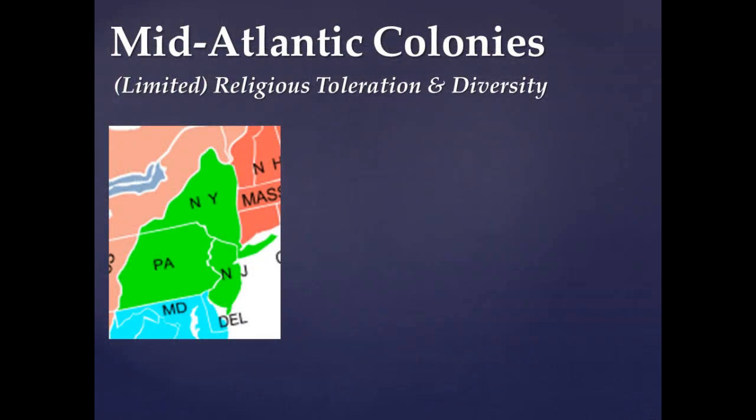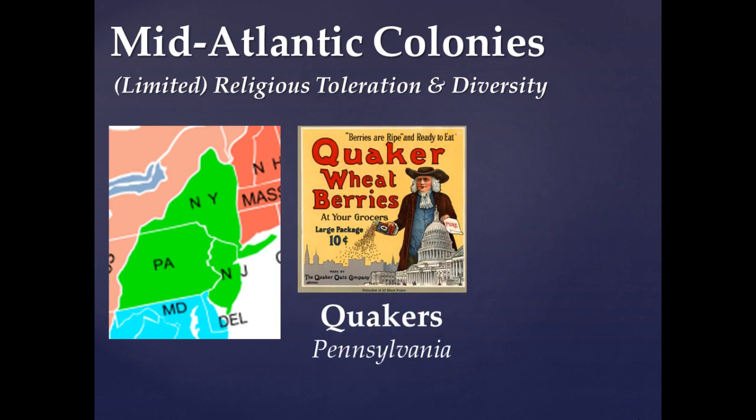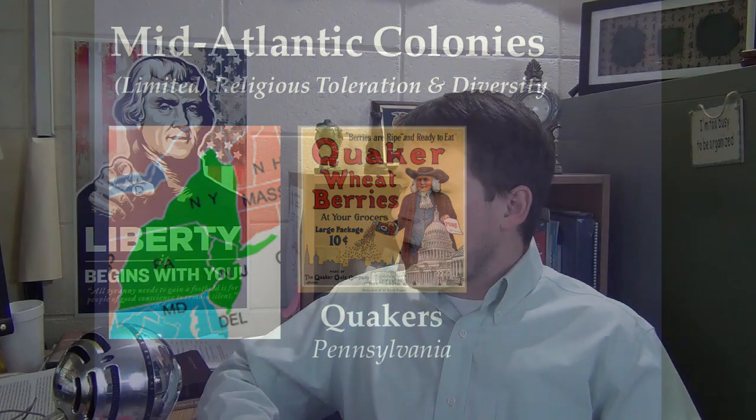The Mid-Atlantic colonies had a limited amount of religious toleration and diversity. Pennsylvania was founded by William Penn, who was a Quaker. Quakers believed in the principle of non-aggression. Quakers are pacifists. They don't participate in war. Also, they don't believe in coercing someone to join a religion or to pray to a certain god or to do it a certain way. And so the Quakers in Pennsylvania, who founded this colony, this was the only colony that had a policy of